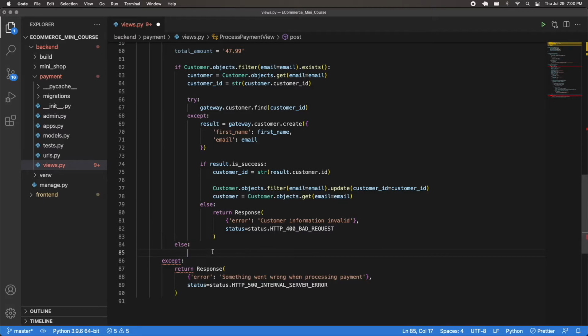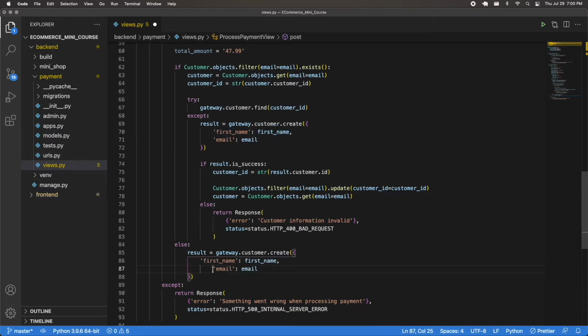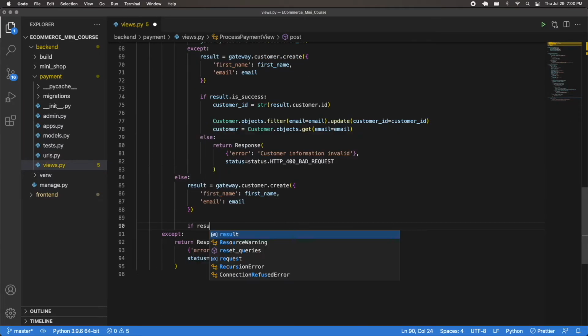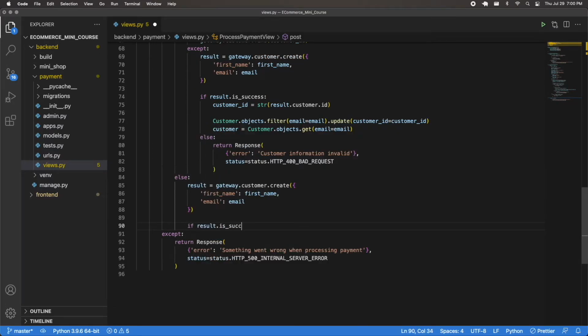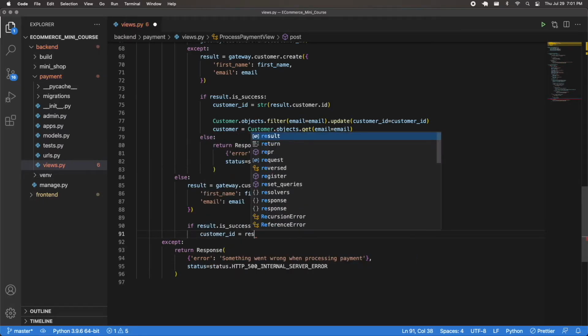Now let's handle this else part. So in the else case, this means that we don't have this customer in our database, which means we never created this. So in this case, I'm going to do a result is equal to gateway.customer.create. Then we're going to create this customer just like we did here with the first name and email. So I'm just going to pass these values into here. And then I'm going to check, was this successful? So if result.isSuccess, then in that case, we're going to grab the customer ID from